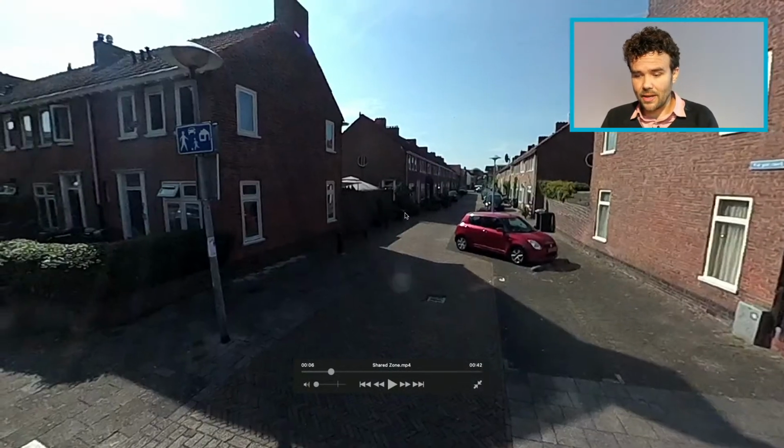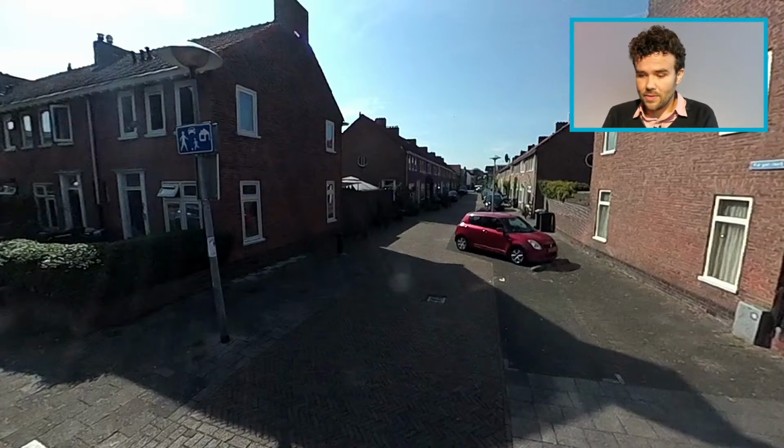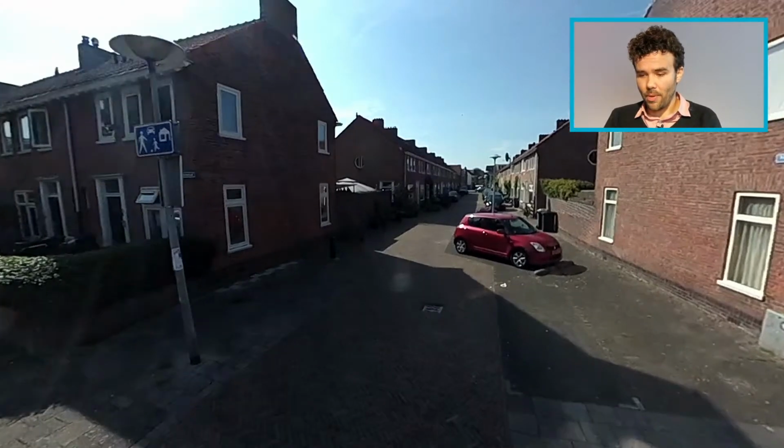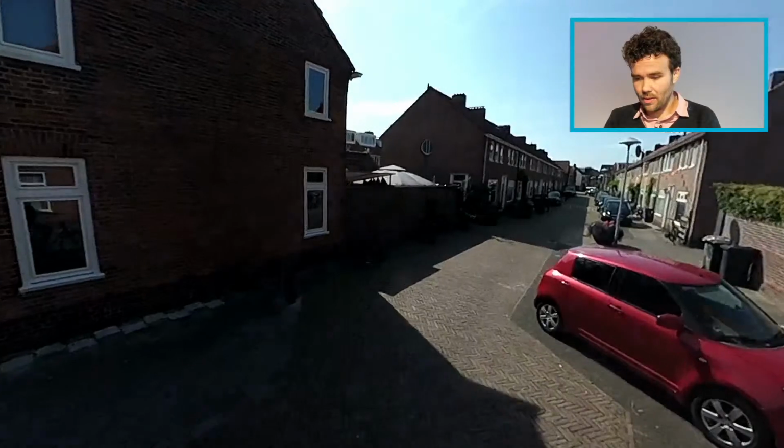So the first one is the linearity. You can see immediately that this car is parked at a funny angle, very different from the previous street where they're all nicely parallel parked. This is a 45-degree angled car park. Also one-way street towards us. But that shows that they're trying to break up the linearity of the street by playing with the car parking layout, and you can see that in the pavement design